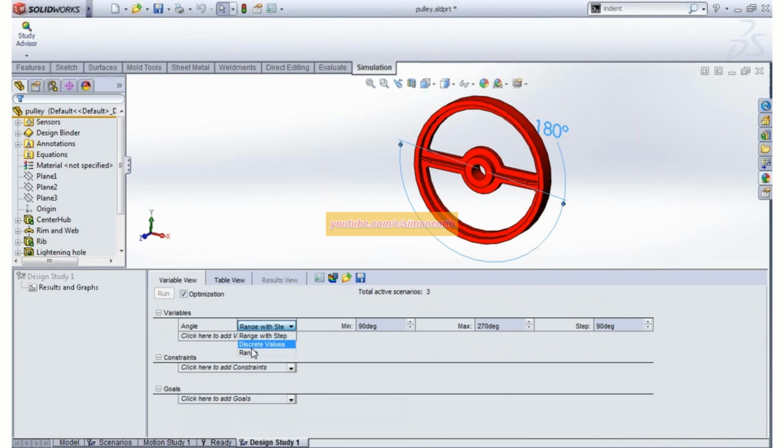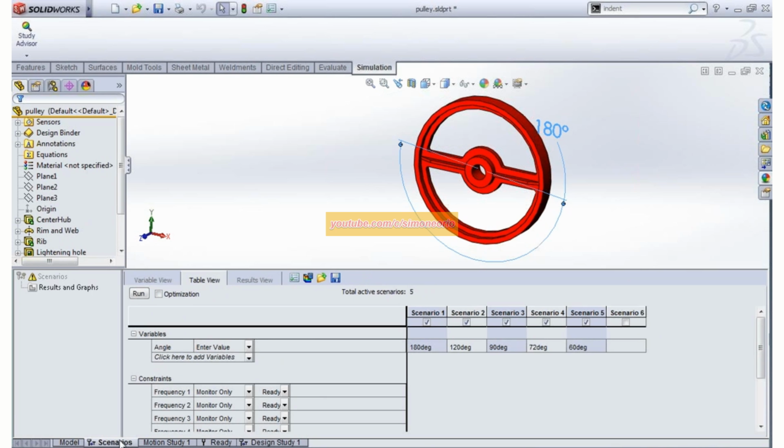So that way I would just go ahead and put in those discrete values. And I can type them right in here: 180, 120, 90, 72, 60. Just type them in separated by commas.